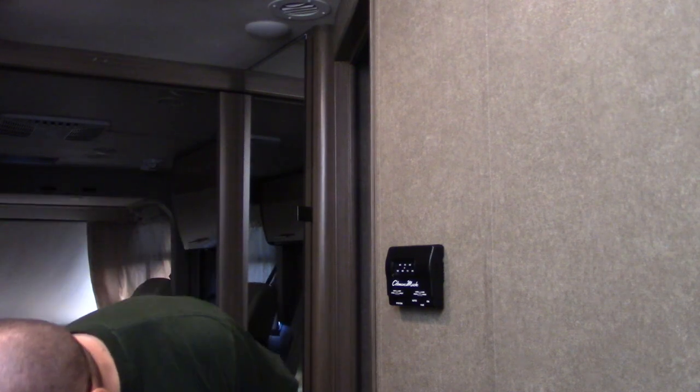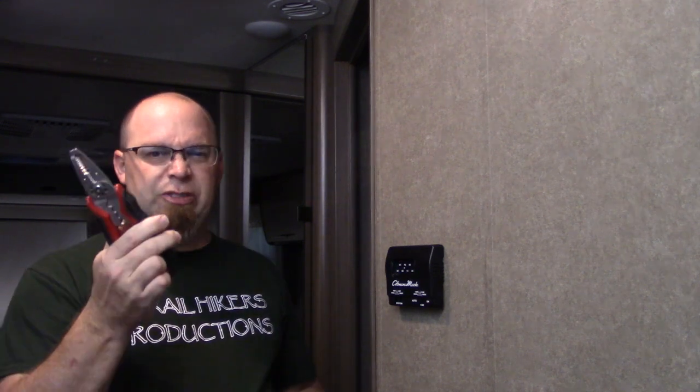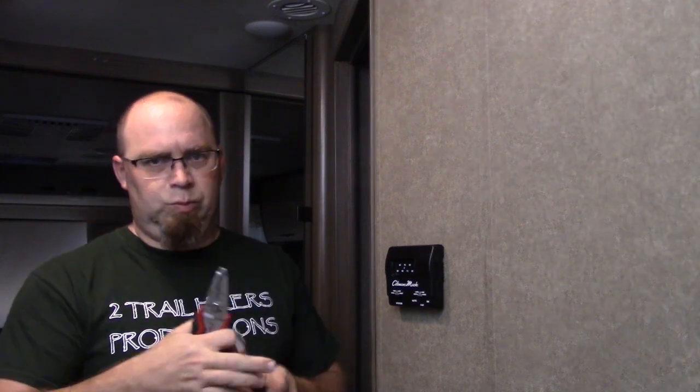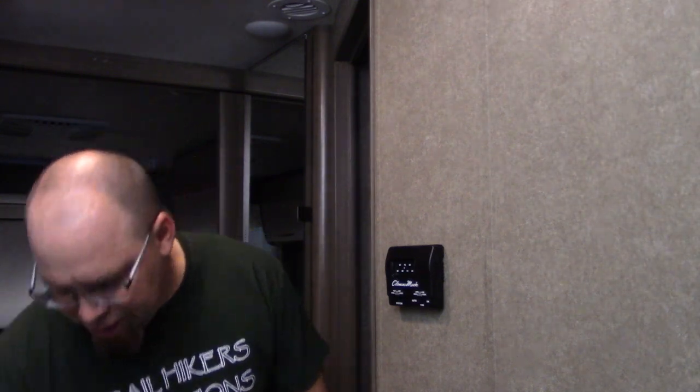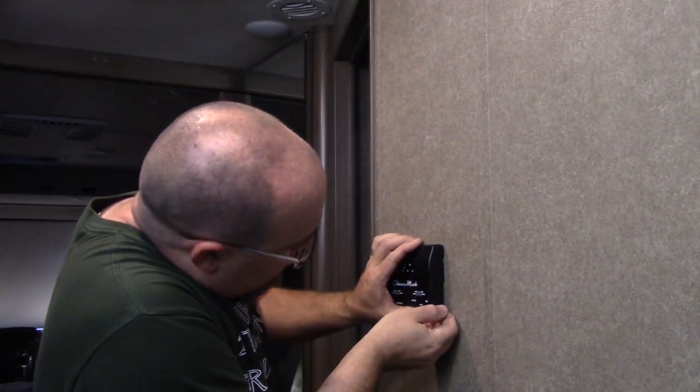So basically, to do this job, we need a multi-purpose screwdriver and a pair of wire cutters. Don't know if I'll actually have to cut anything. That should be all we need. We may need a couple of splice connectors or something to that extent, and I've got those on hand if need be. So what we'll do first is see if we can get the cover off of the original